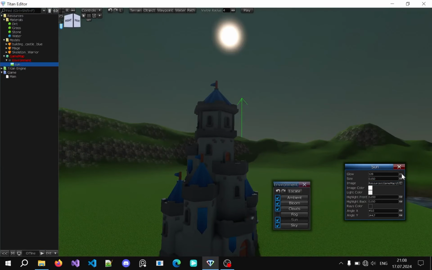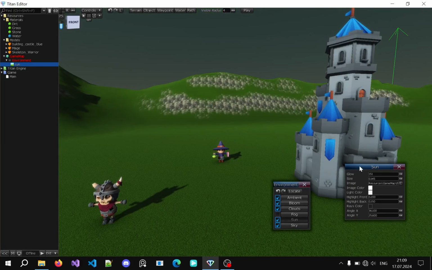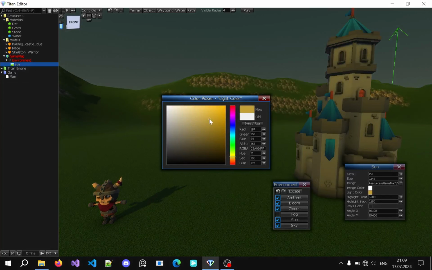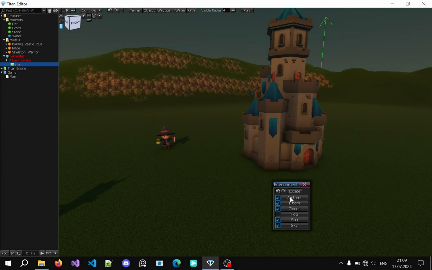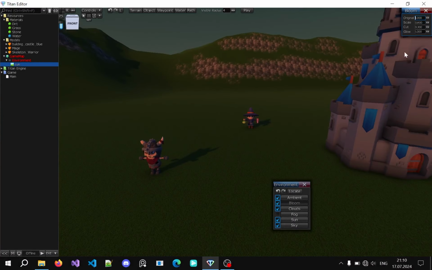We have settings for glow, for its size. We can change its angle. We have image color, light color. For example, we can change the light to be more yellow, like it's evening. Here we also have the ambient color settings, which allows us to set the ambient color, the bloom settings, the